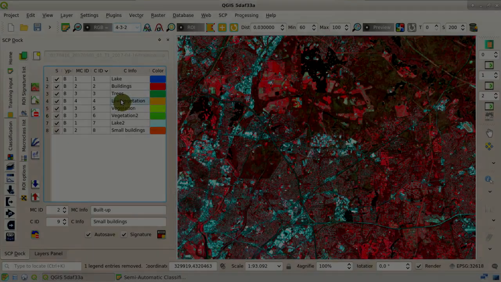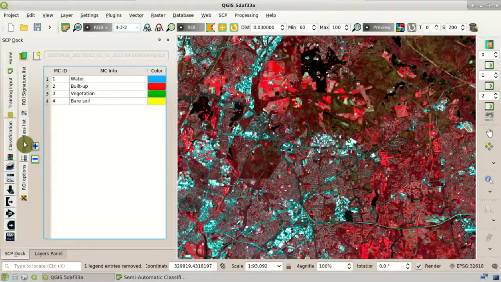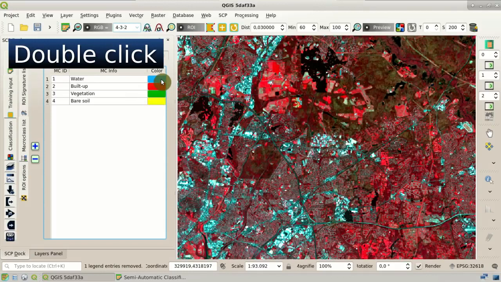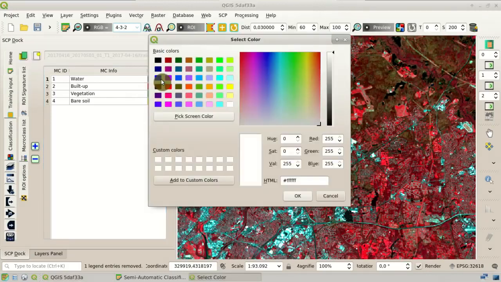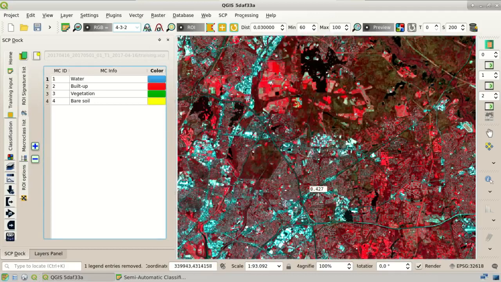We can also change the color in the macro class list, the color of macro classes. So if we use the macro class, then the classification will use these colors. We can change the color for the water macro class, for instance blue, and so on. So once we have set all the colors,